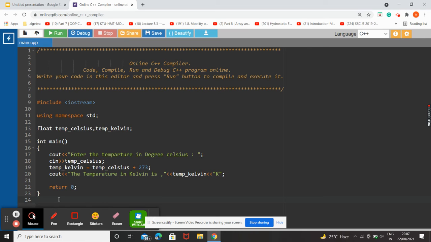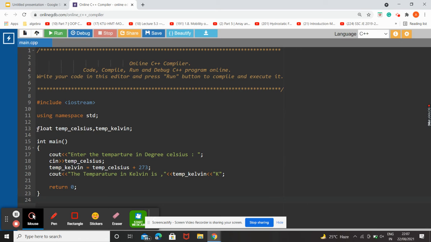This is a simple program to convert temperature in degrees Celsius to temperature in Kelvin. In order to do that, we have to add 273 to the existing temperature value in degrees Celsius. Moving on to the program, since we are not using any special libraries, our header is standard.